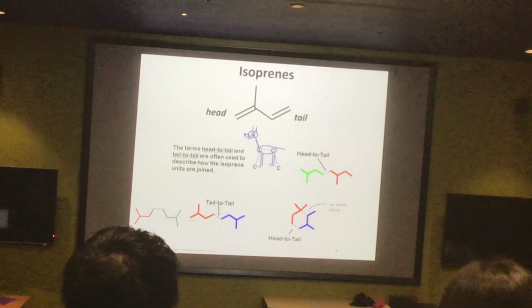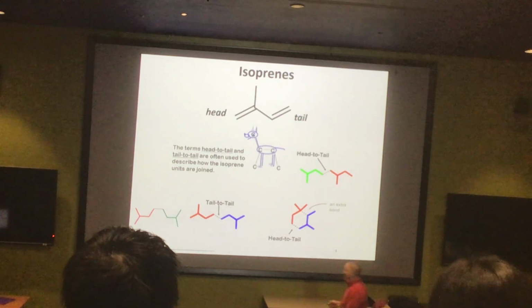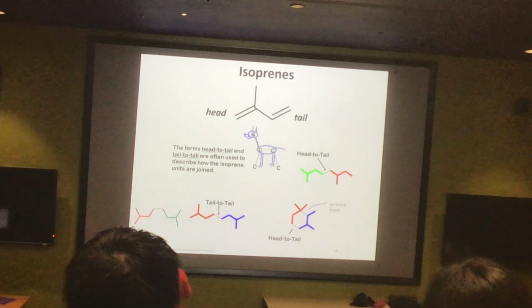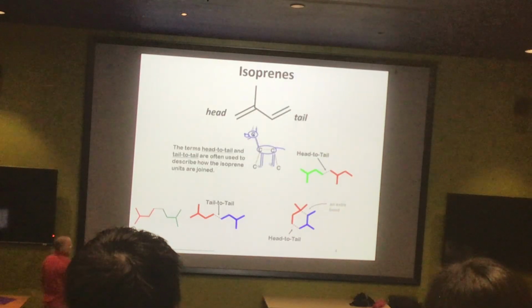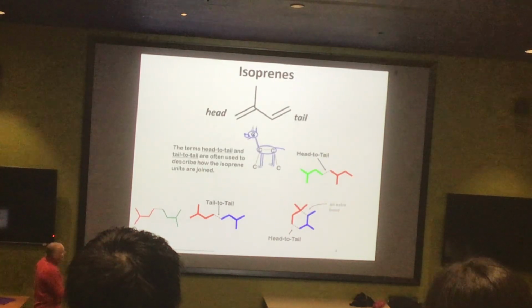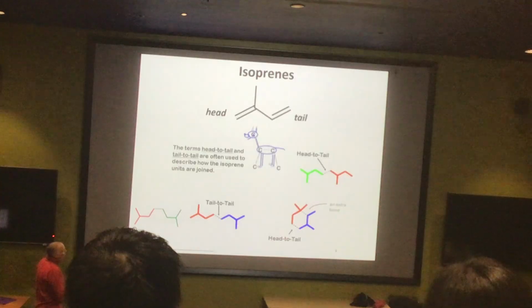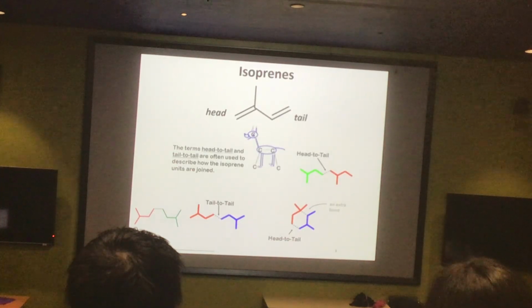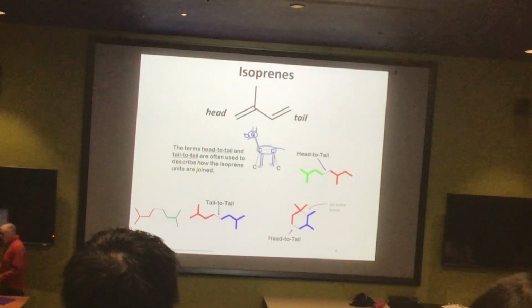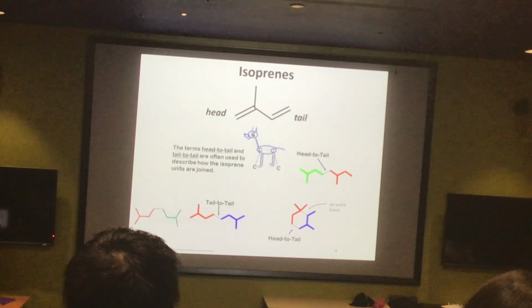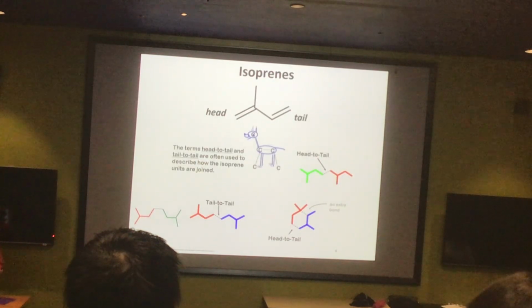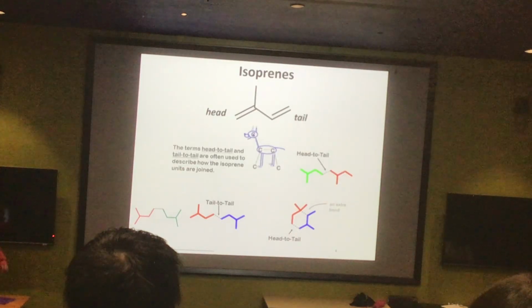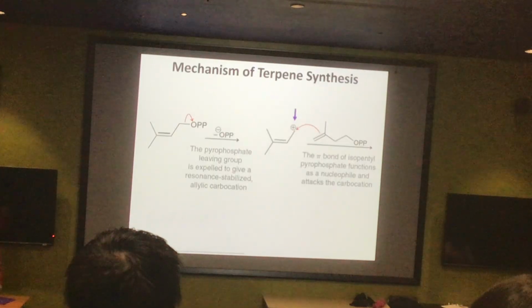And so when we are connecting isoprene units together, we can do so by going tail to tail and make these open chains. We can go head to tail and build open linear chains, or we can make head to head connections, and this is the modality by which we'll actually be able to get rings. So there'll be head to head connections, tail to tail connections, head to tail connections, and those will be, of course, involving putting the rings together.